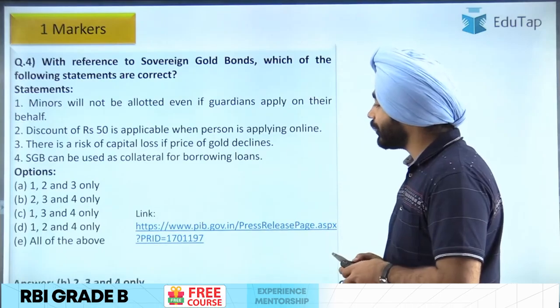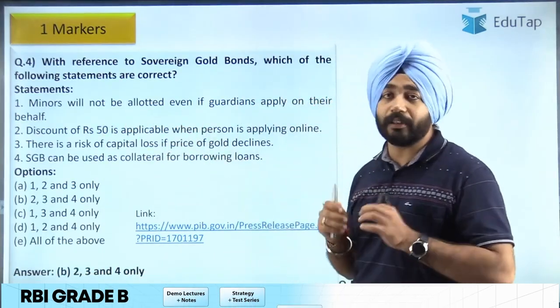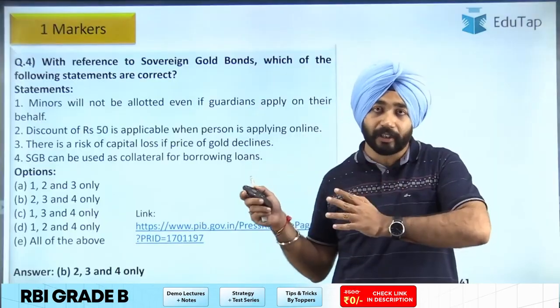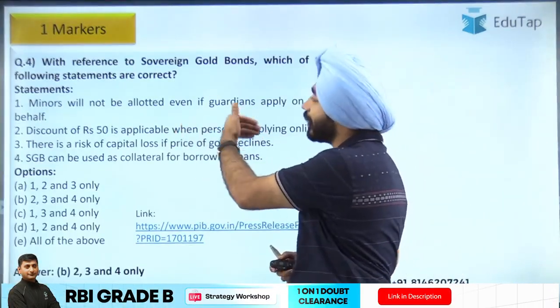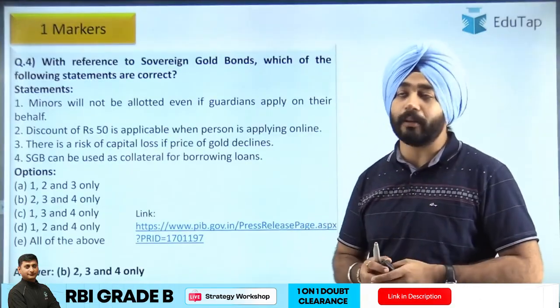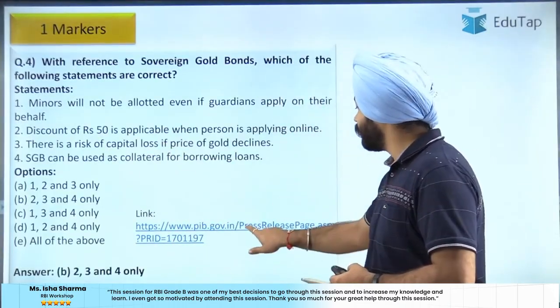So if I talk about the correct statements here, 2, 3 and 4 are correct. We know that minors will not be allotted does not hold, because minors can be allotted the share under sovereign gold bond if guardians are applying on behalf of them. So that's why. And if I say why the question has been asked, again we discussed it with you